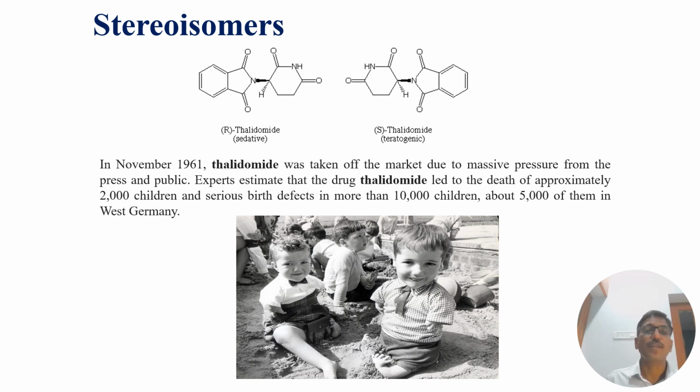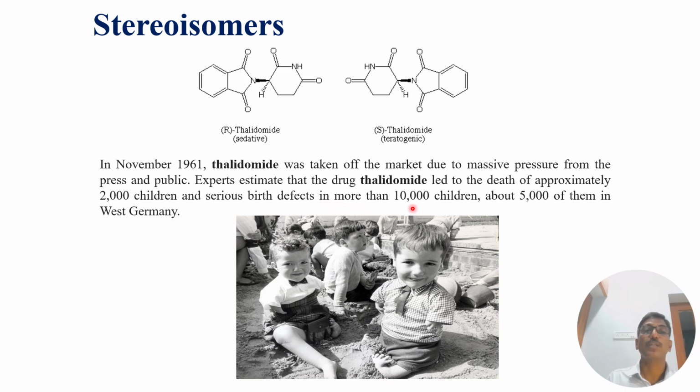Stereochemistry attracted more attention after the thalidomide tragedy. In November 1961, of the two thalidomide enantiomers, R and S, if you look carefully, R thalidomide is sedative and S thalidomide is teratogenic. These two enantiomers were initially administered to cure morning sickness for pregnant women, and it worked very well for the intended purpose. At the same time, it led to a lot of issues for the babies, serious